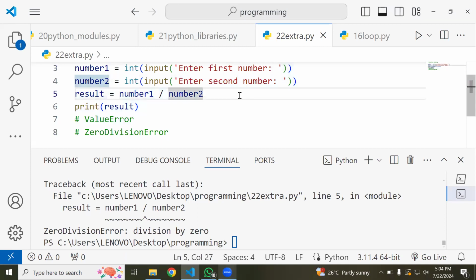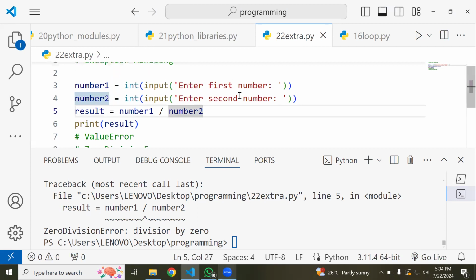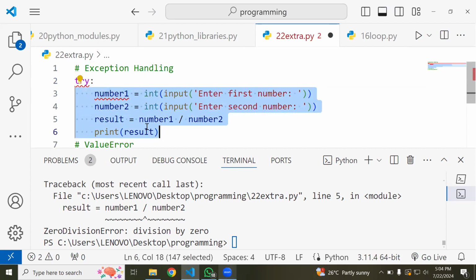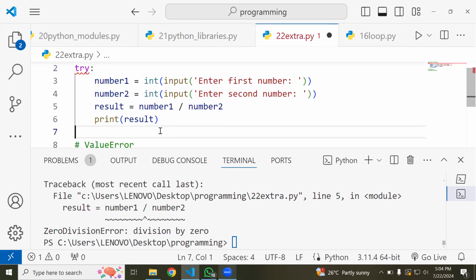So having said that, now let's look at how we solve this in a more pragmatic way. If I do this exception handling this way,